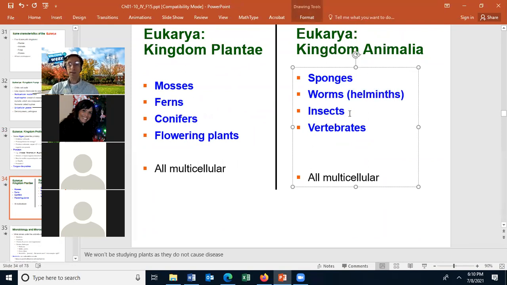We can separate the animals into insects, and then lastly we can separate the animals into vertebrates. We are a vertebrate, but so are dogs and cats and horses and a whole bunch of other animals on 2 or 4 feet. All of the animals are multicellular,